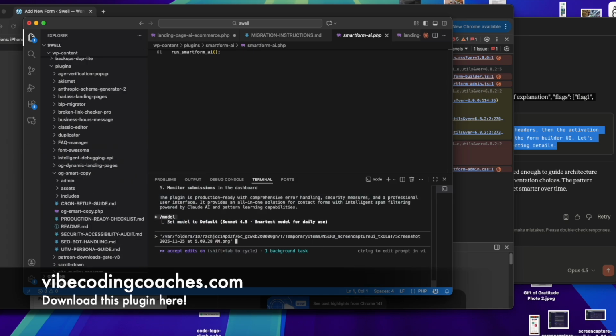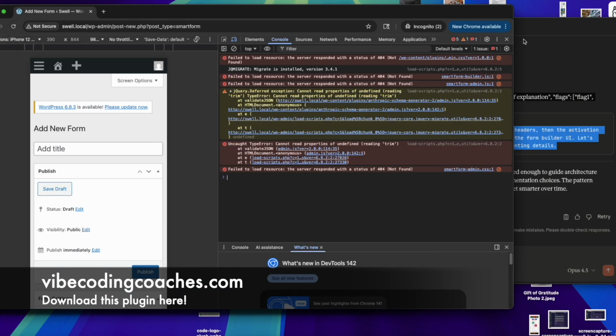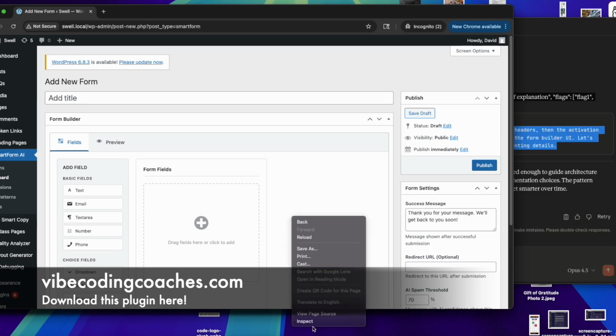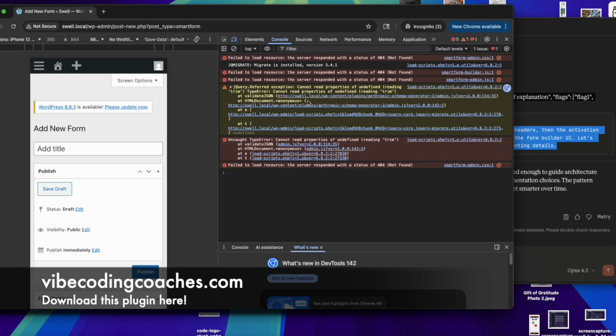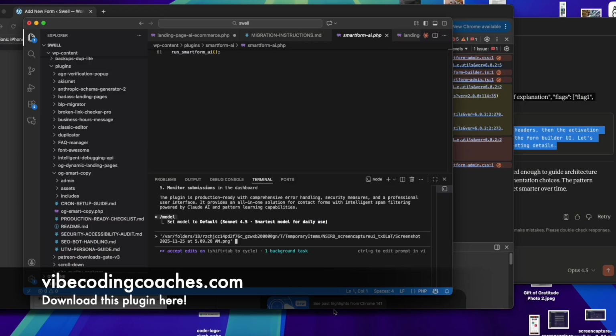So to troubleshoot these, we're just going to show it a screenshot. It's always important to go to developer tools. So the way you do that is you just basically right click and click inspect, and then click on the console, and you'll see all this. These are all the errors that happen when the page tried to render some things or tried to work. And so if you copy these errors and you give them back to Claude, Claude will be able to analyze them and figure out its own issues. So we'll just send them that and say, I cannot add new